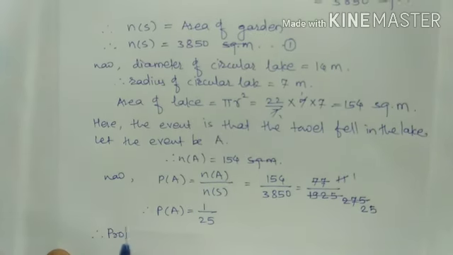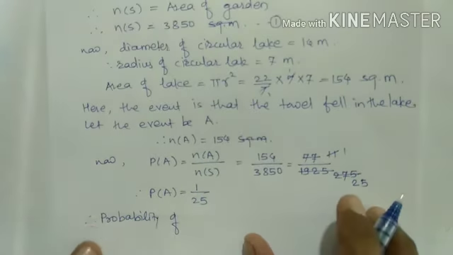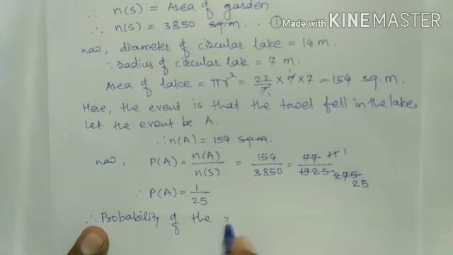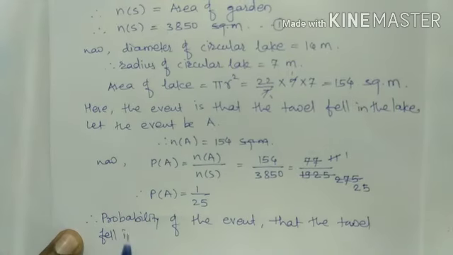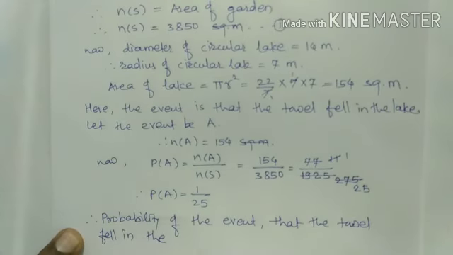Therefore the probability of the event that the towel fell in the lake is